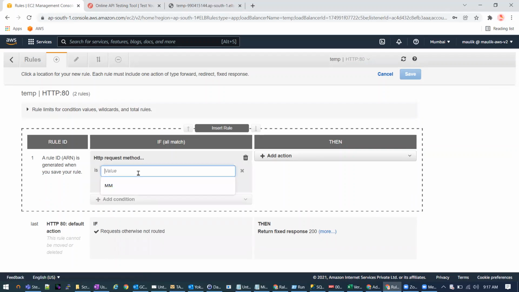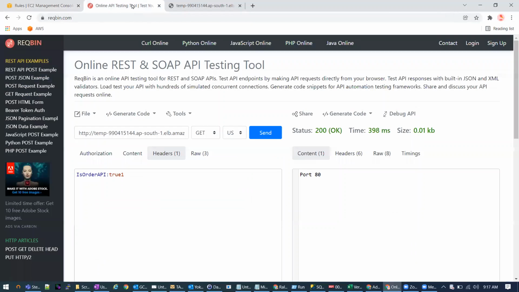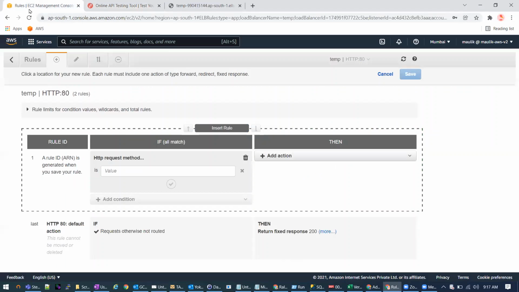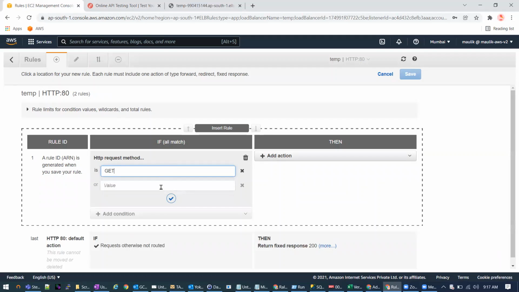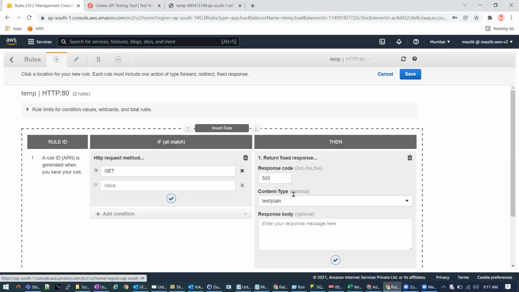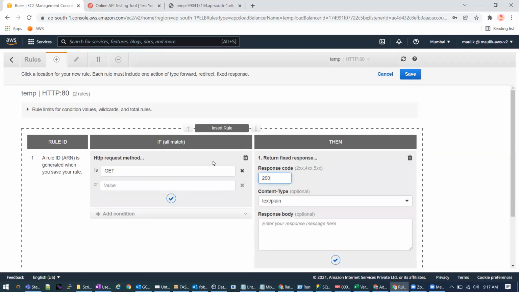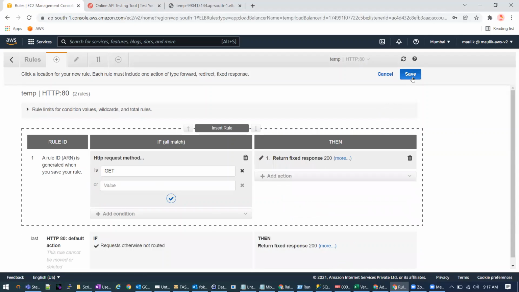This is a very simple, common one: request method. We have several methods. You can see here: get, post, put, patch, delete, head. Based on this method, it can divert the traffic. So for instance, if somebody calls this API with get, then I can route the traffic to a particular target group.